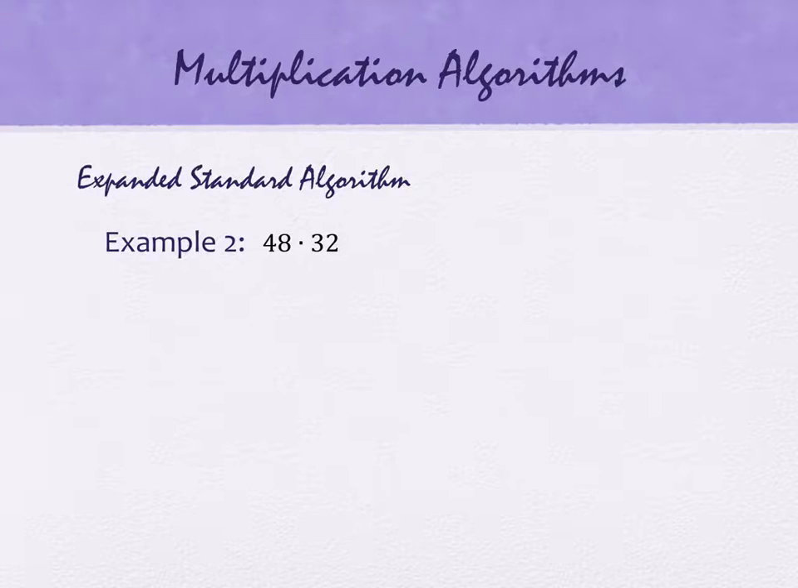So the first algorithm we're going to do for multiplication is the one you know and love, called the standard algorithm. You take 48. We'll do our regular standard one over here, and then I'll show you the expanded one. Okay, so if we take 48